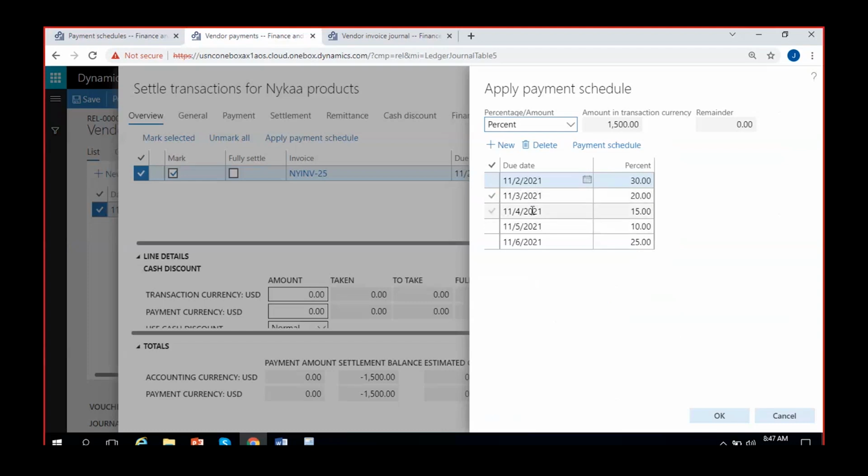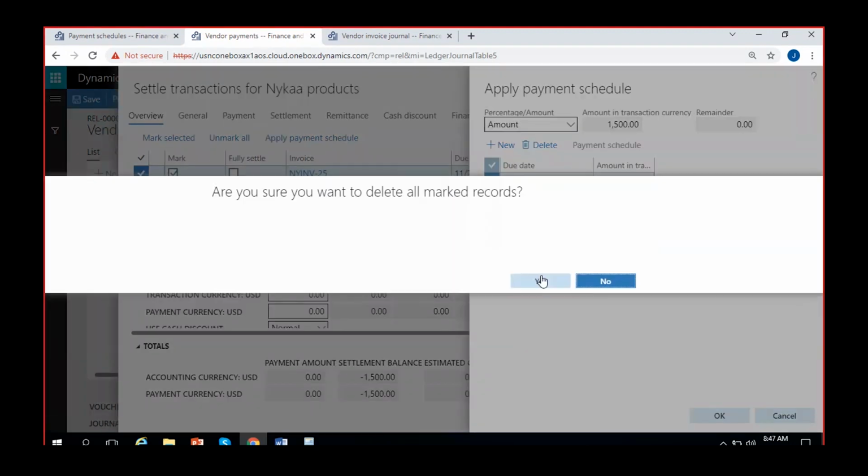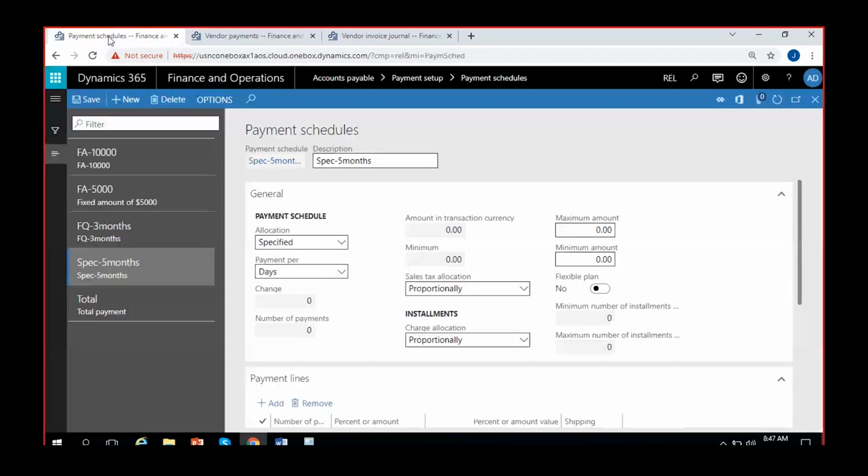November 2nd, November 3rd, November 4th, November 5th and 6th and all. Give amount, and you can see that the 1500 is being divided into 5 parts. So I would have given months there actually. Before that, I'll just show you. I'll just delete this from here and go back again to the payment schedule, change it to months